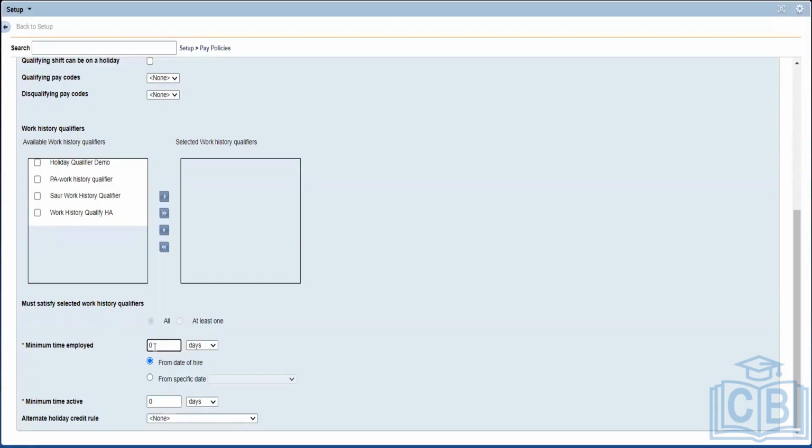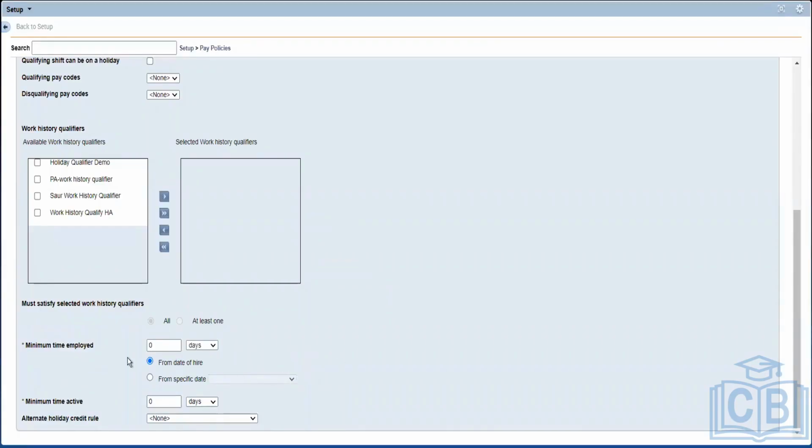In that particular time, a particular company has a rule for not giving any holiday credits. They will be able to take leave, but there are no payments for that. We can define it here. We can say 90 days. So for the first 90 days from the time the employee joins, he will not get any holiday credits. After 90 days only he will start getting it.